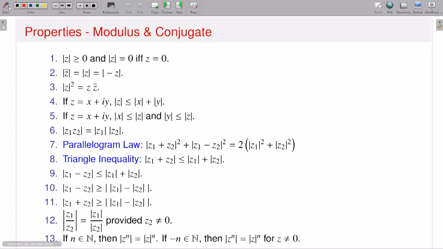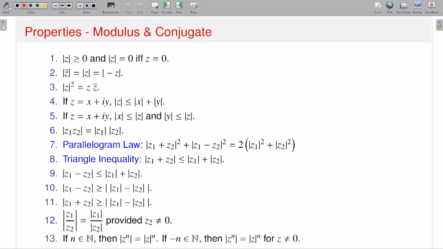So as I said, today's lecture I will talk about a couple of properties. Maybe people are familiar with those properties from earlier, but I think it is better to recall them, because a couple of inequalities or properties you will need later on to solve some problems. I have listed 13 properties, which you can also treat as exercises. These properties are combinations of modulus and conjugate. A couple of them are very easy, and a couple of them need some effort to solve. Nevertheless, maybe I'll talk about 9 and 10. These two are very useful to solve some of the problems. Okay, let me just